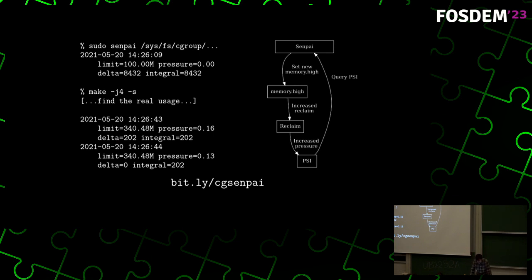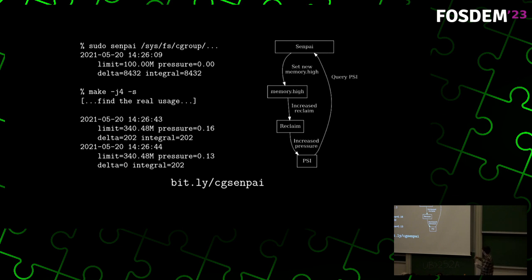So using PSI and memory.high, what Senpai does is apply just enough memory pressure on a cgroup to evict cold memory pages that aren't essential for workload performance. It's an integral controller which dynamically adapts to these memory peaks and troughs. An example is a web server, where we have used it. When more requests come, we see that the pressure is growing and we expand the memory.high limit. When fewer requests are coming, we see that and we start to decrease the working set which we give. So it can be used to answer the question, how much memory does my application actually use over